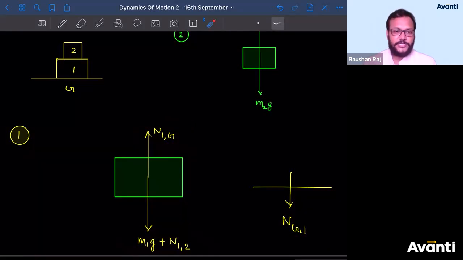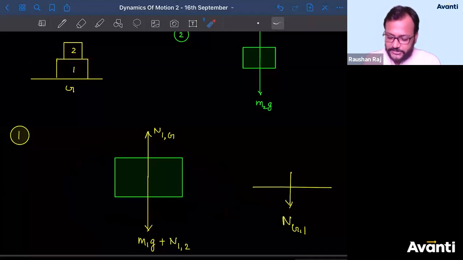What is the acceleration of block 1? Tell me what is the acceleration of block 1? Isn't it 0? Arre laddu hai na, bhookh lagi hai kya? Sir, if you say that, we will feel hungry. That is why I'm not telling laddu, sir. What is acceleration of block 1? Sir, it is not going anywhere. Acceleration is laddu, motichur ka laddu, 0, 0 laddu, right?